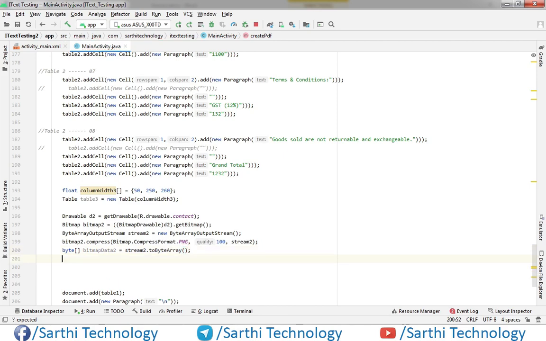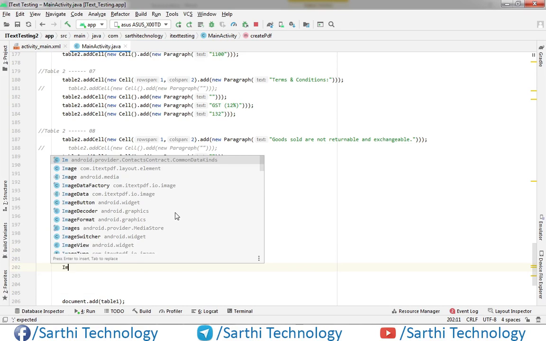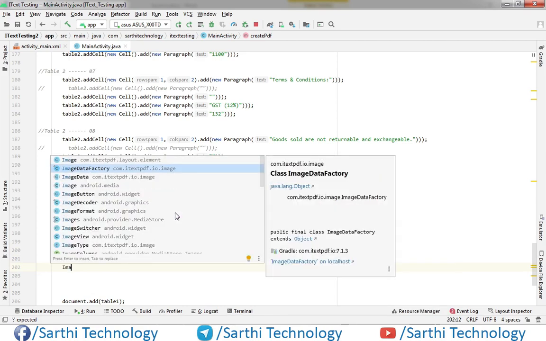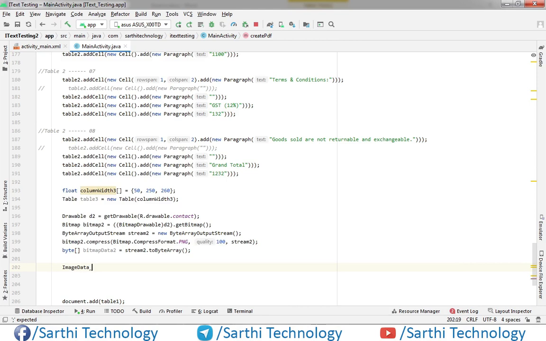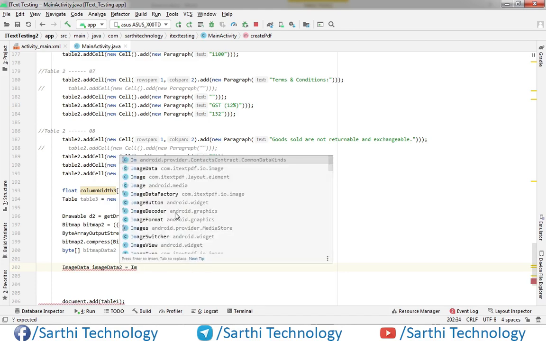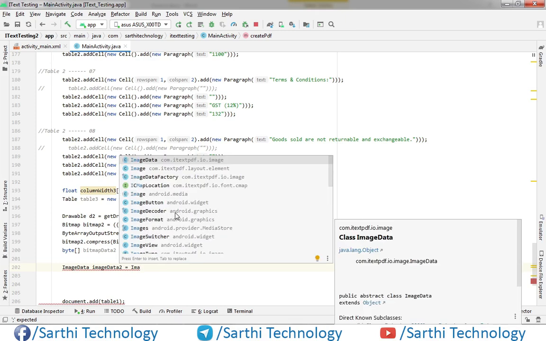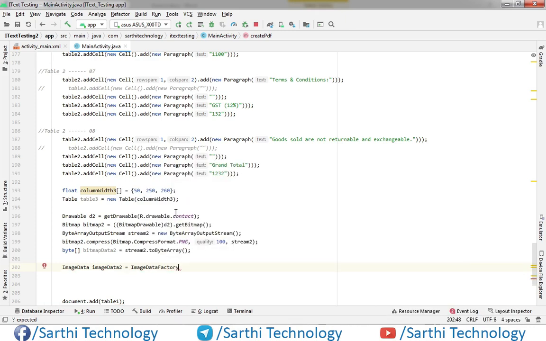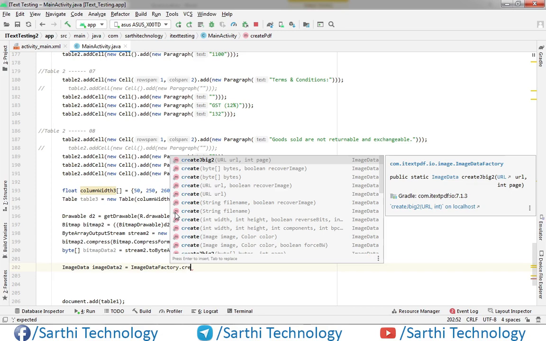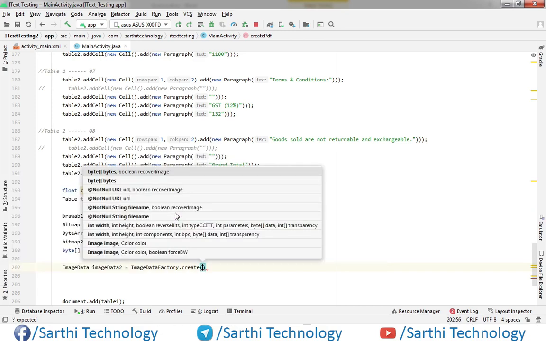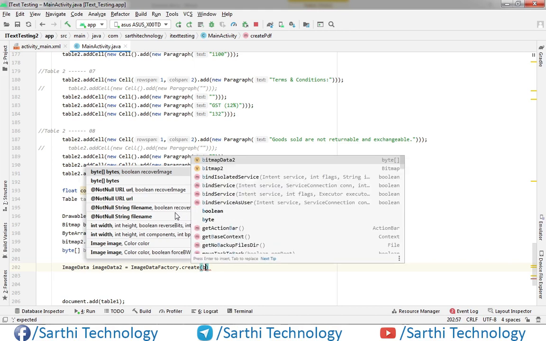Now create image data, image data 2, ImageDataFactory dot create, bitmap data 2.